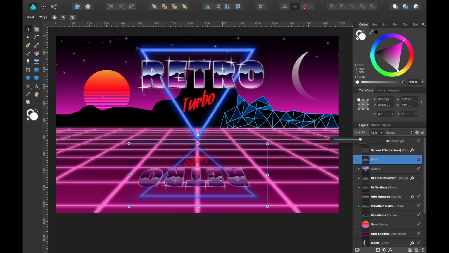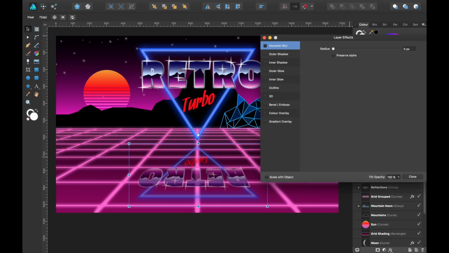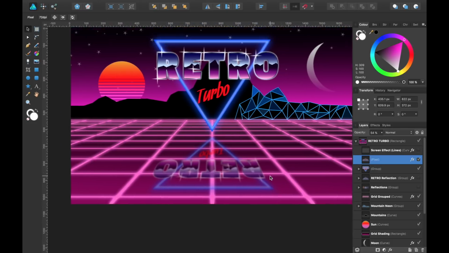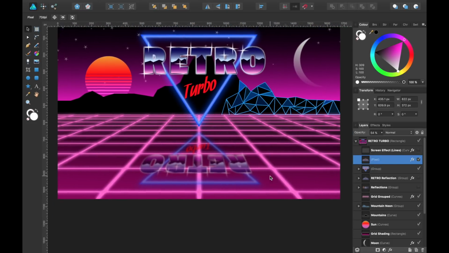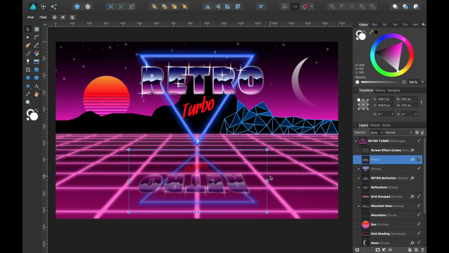It still looks very clear, and this might be nice for you, but we can also add a Gaussian blur, as it might not be such a smooth surface as glass. Okay, so now there's your reflection. So the last part we're going to look at is other reflections, like the sun. That's going to reflect. The moon might reflect a little bit as well. You do the same thing for those as we did for this retro text.